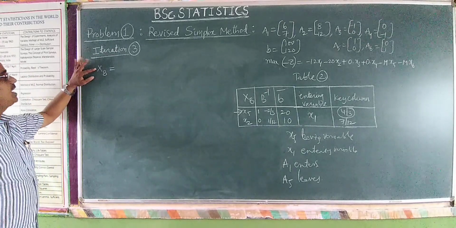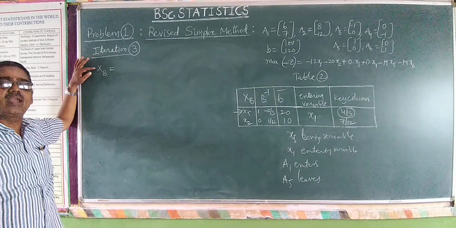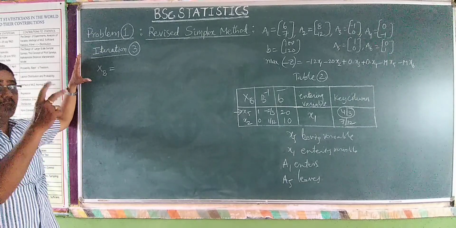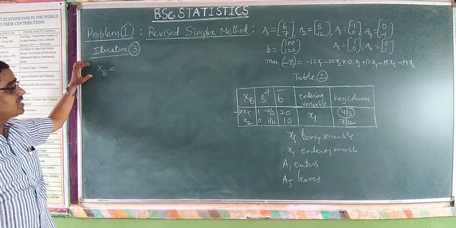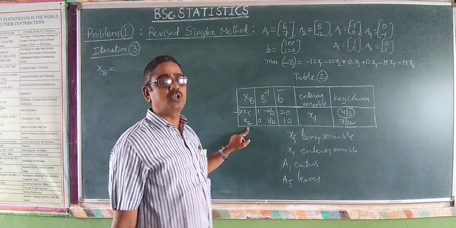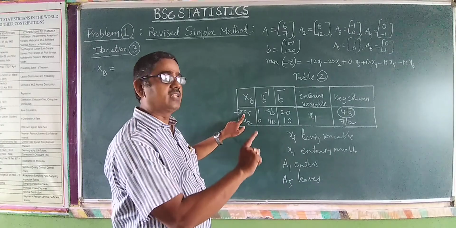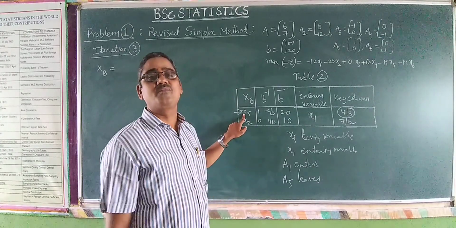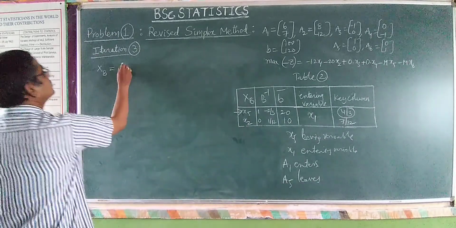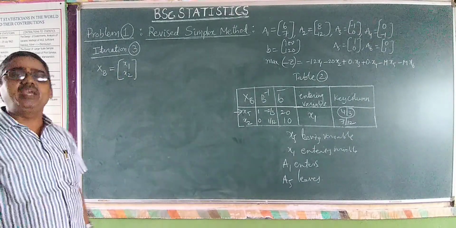Take XB, one by one, all the points. XB is nothing but the basis, the variables in the basis. What are the variables in the basis? This is the crucial point. You refer to this particular table, the table of iteration 2, table 2, in which x5 leaves and x1 enters. The first position is now x1. The second position, as usual, was not changed. It is x2. Therefore, XB is x1, x2.